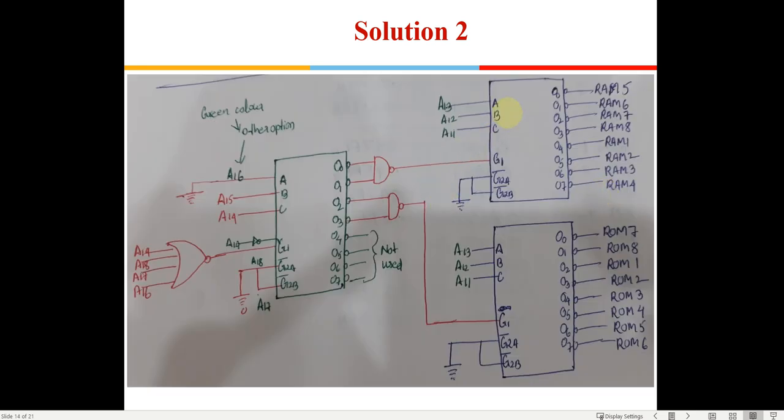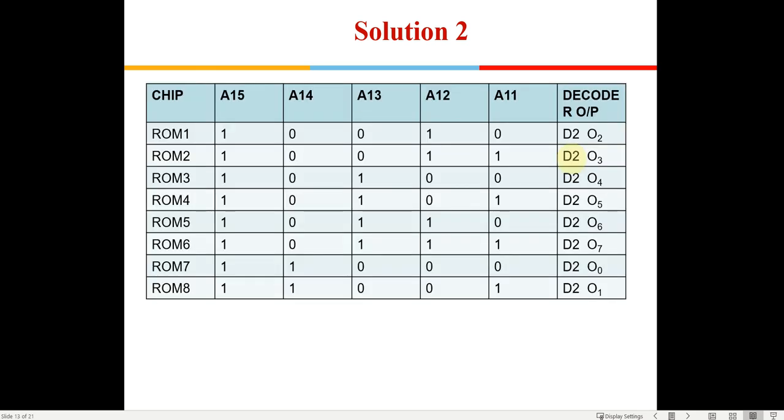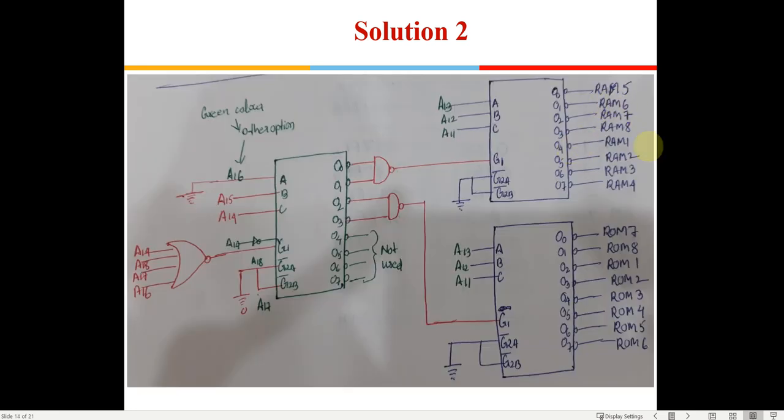These RAMs are connected to the outputs as per the table: RAM 1 starting from output 4, then 5, 6, 7, followed by 0, 1, 2, 3. So accordingly this has been connected here.